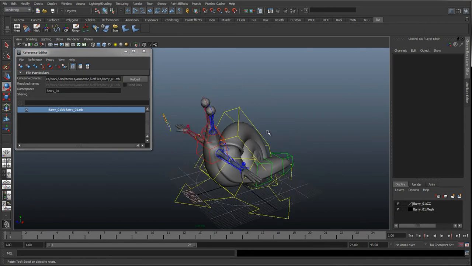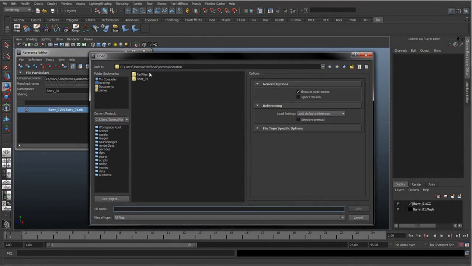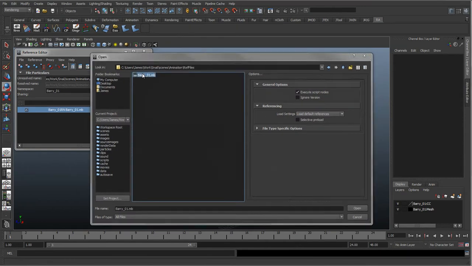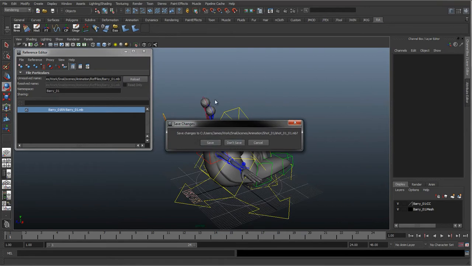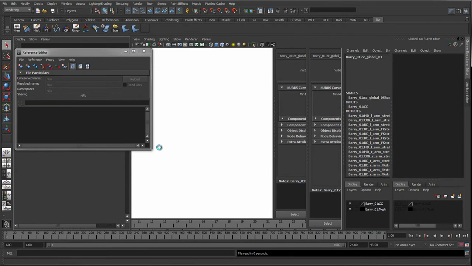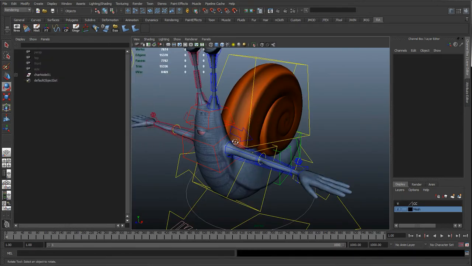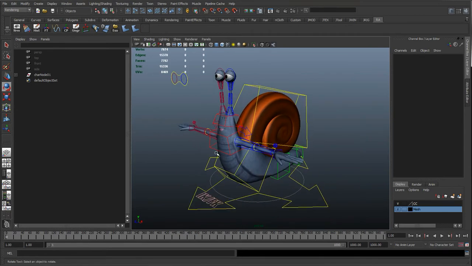So now what we can do is actually go inside this barrier rig and see if we can edit this and see what happens when we reload this animation file. So I'm just going to open up the barrier rig. So we'll just go to the reference files, open up barrier 1, and we've already saved this, so I'll just save it again. Okay, so we're now inside the barrier rig that file is referencing.